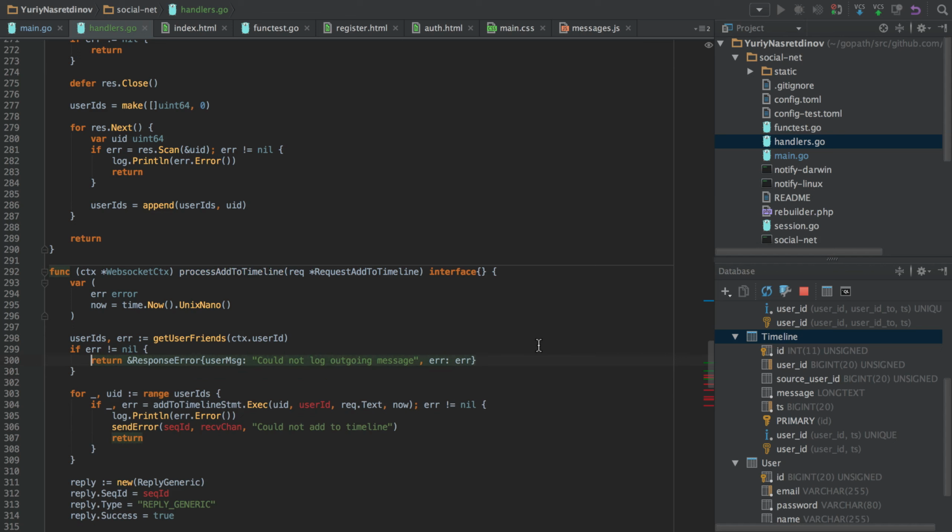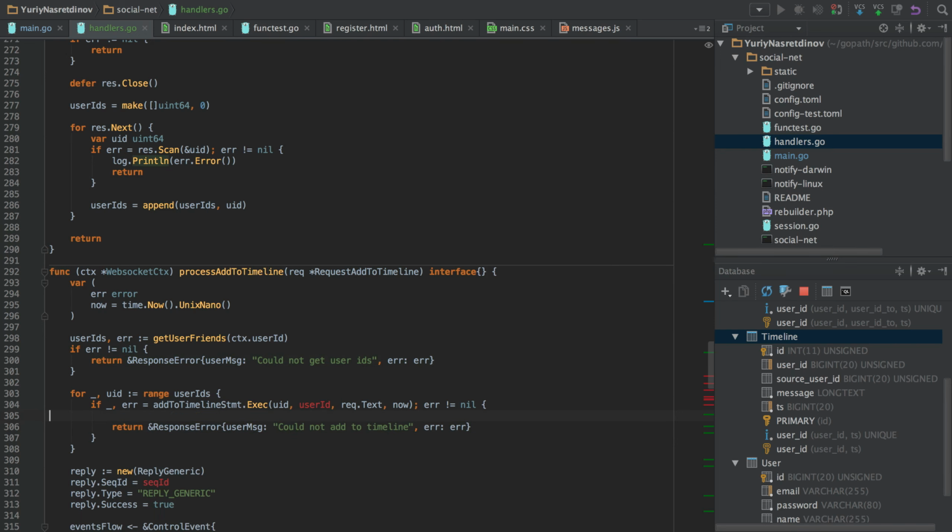So this is a very routine operation, but in case of add to timeline we have a small twist as well. I'll show it in a couple of seconds.